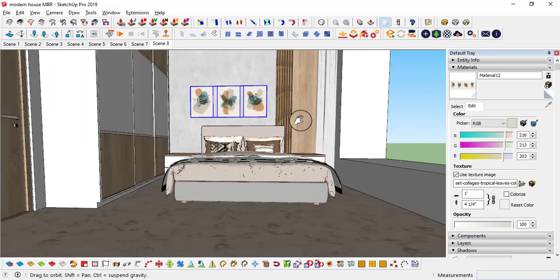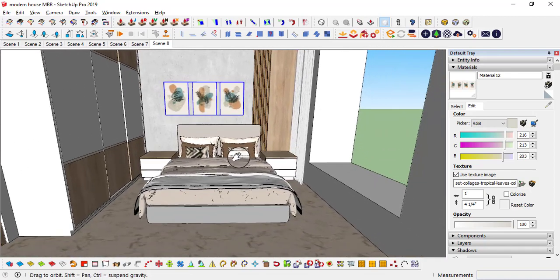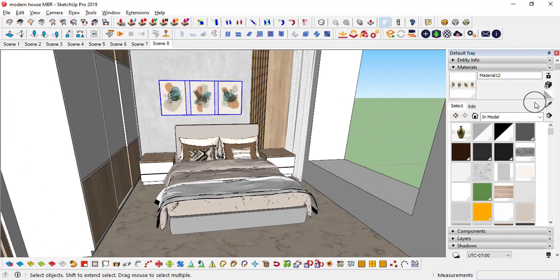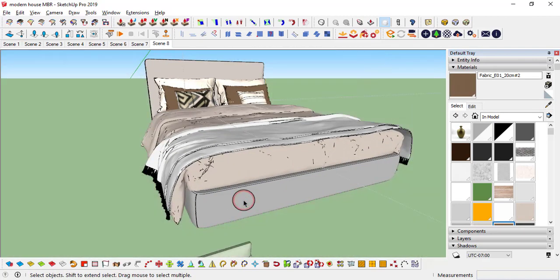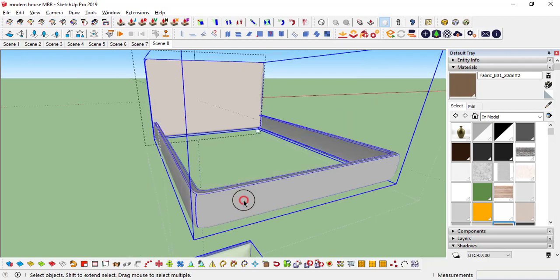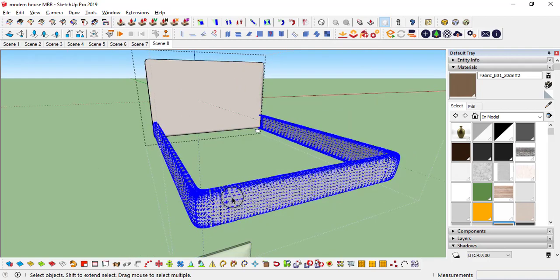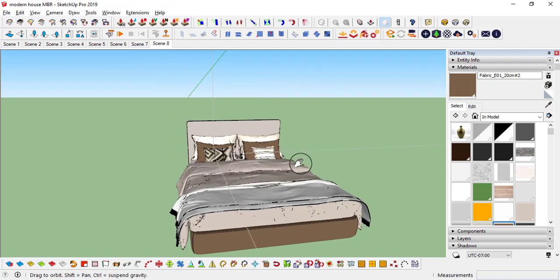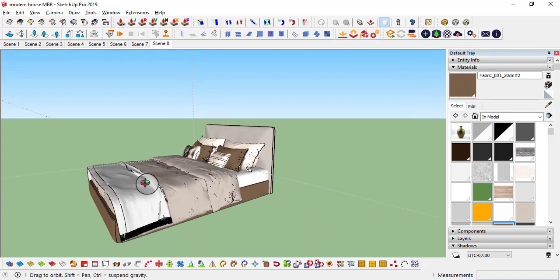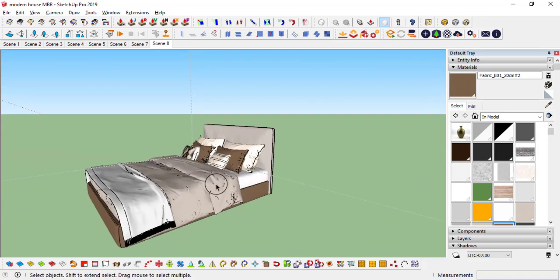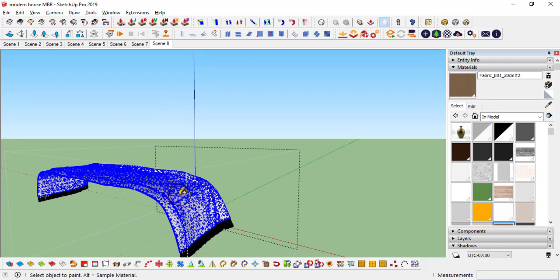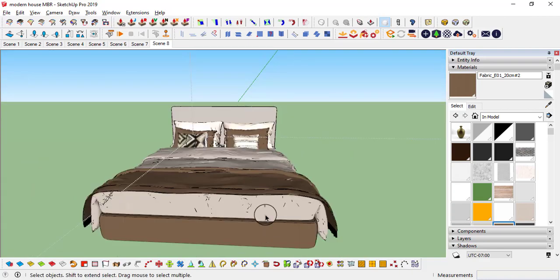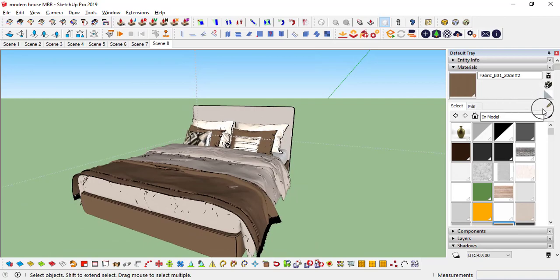That's it. And about this bed textures, I'm going to select this material. I'm going to apply it over here on this one. Simply double click, go to this group and apply. Next one is the thing, and this one should be white, so I'm going to apply on this one. Yes. I have applied the dark material over here, and this one should be white. I want this to be white color, so simply